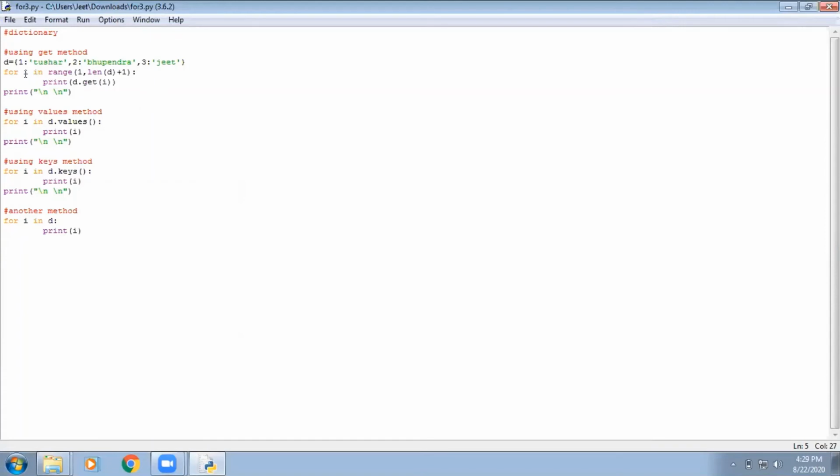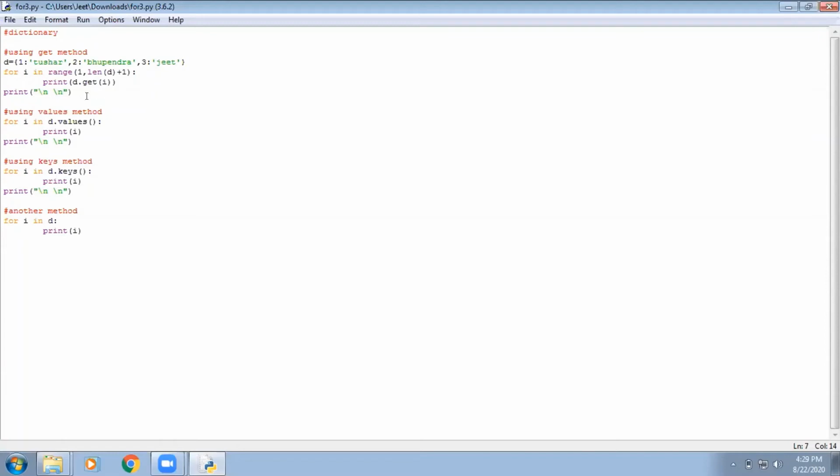The iterating variable is I, then the in membership operator, and then the range. Inside the range, it is starting from 1 and it will go on till the length of that dictionary plus 1, as we have already told you how range function works.